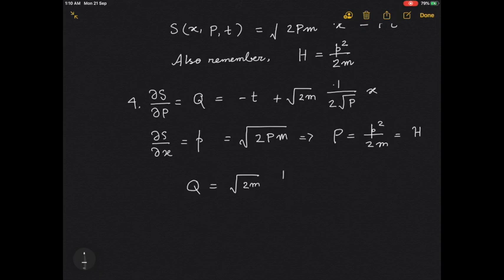Nevertheless, I get this expression for Q, which is root over of 2m, 1 by 2 root P times x minus t. And I have got the expression for P, which is